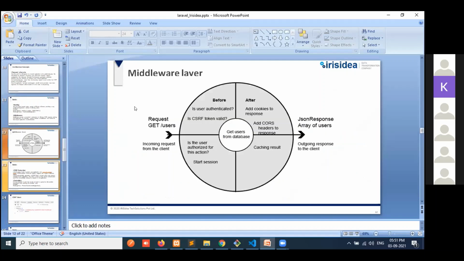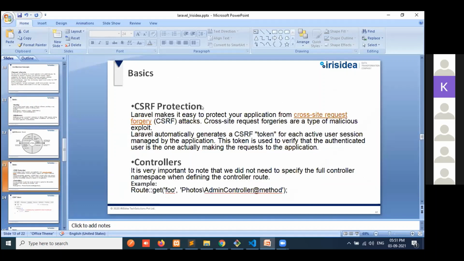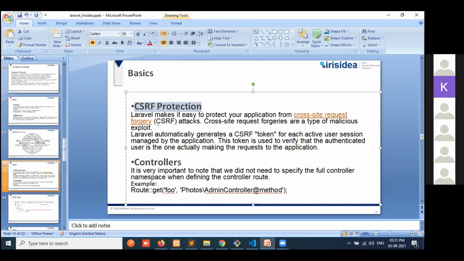So what is the CSRF token or protection? Like if you insert any malware, virus or anything, it will protect our page from attack by the virus or any cross site request forgery or any malicious exploit, like that.